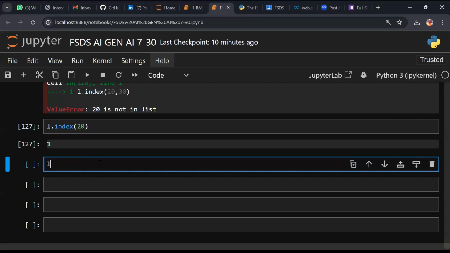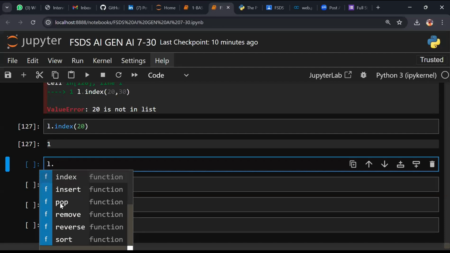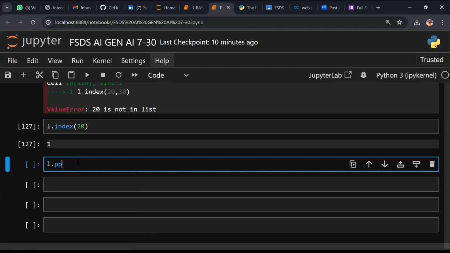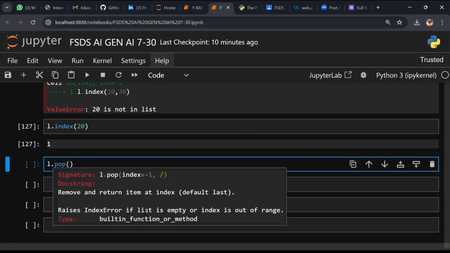Now L dot tab: copy, count, extend, insert and pop, remove. L dot pop. What is pop? There is a concept in list. Shift tab: remove and return item at index, by default the last.